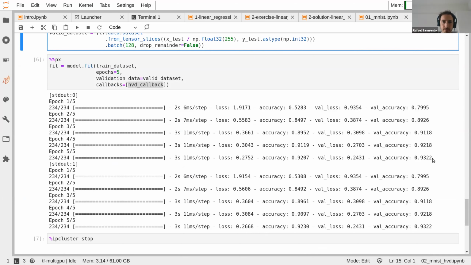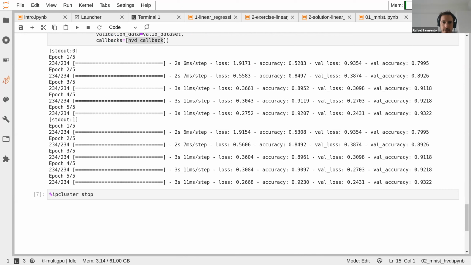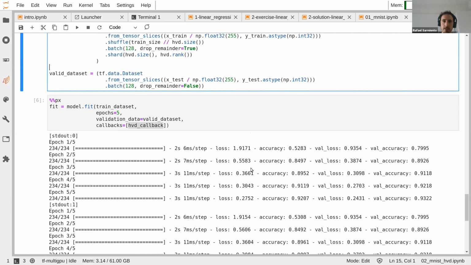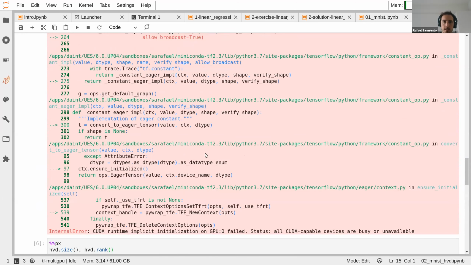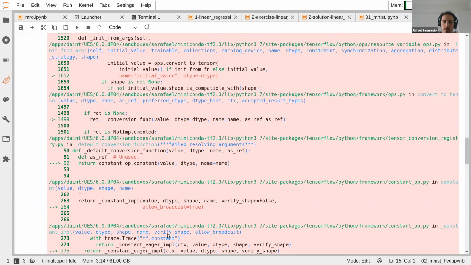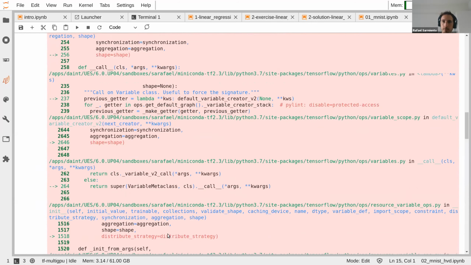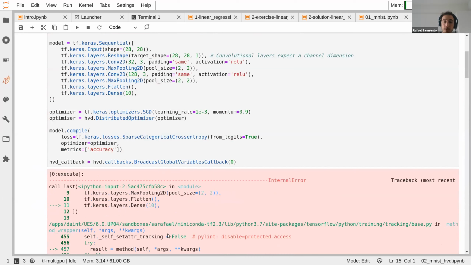Okay, and that's it. This is the only thing we have to add. And I did something here with the CUDA devices apparently, but I want to make a point